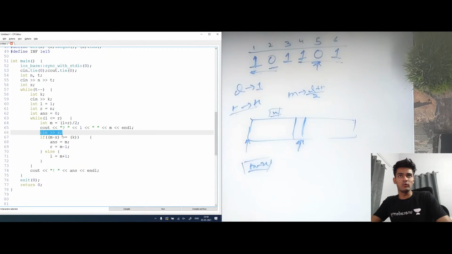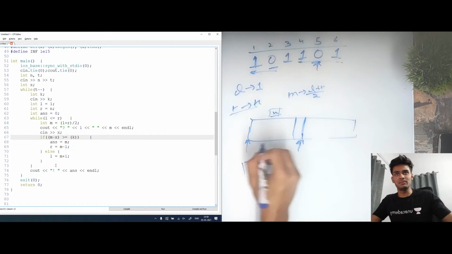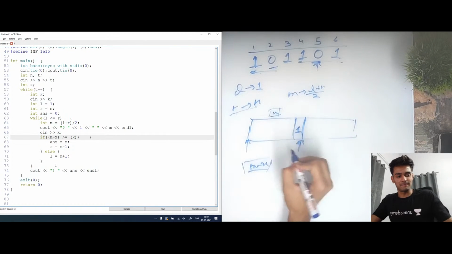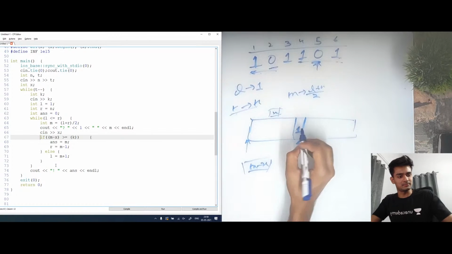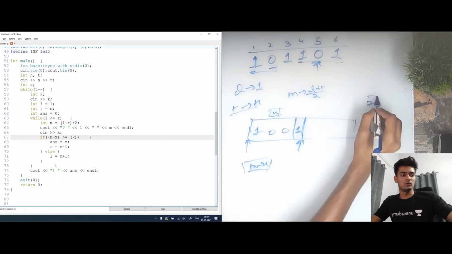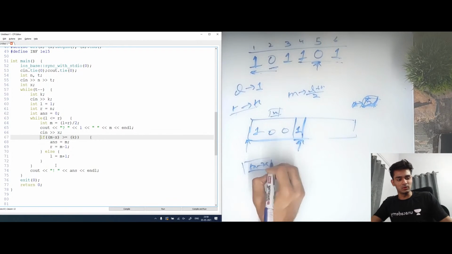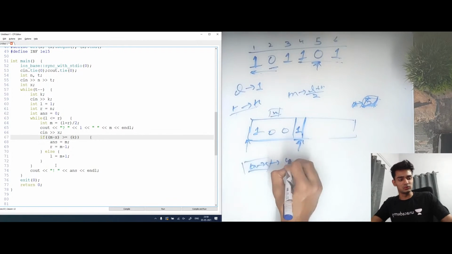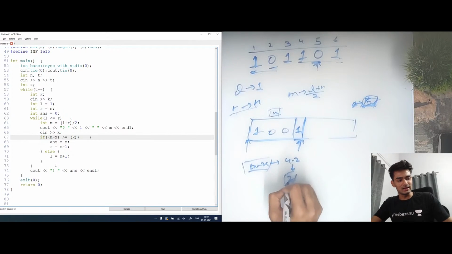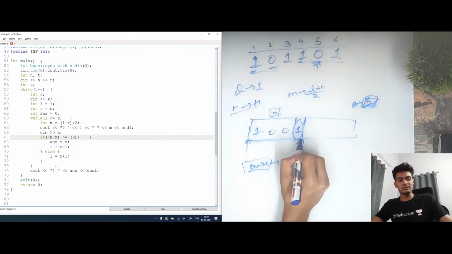Now, if this count is greater than or equal to K, I'll just explain why I'm doing this. An issue that comes with using binary search is that, let's say we had 0, 0, and 1 here, and let's say we had to find the second zero only. Let's say K was 2. Now when we do M minus X, X will be 2 and M will be 4. So 4 minus 2 will become 2. We will see that this 2 matches with this K and we will say that this is the answer. But as you can see, this is not the answer.